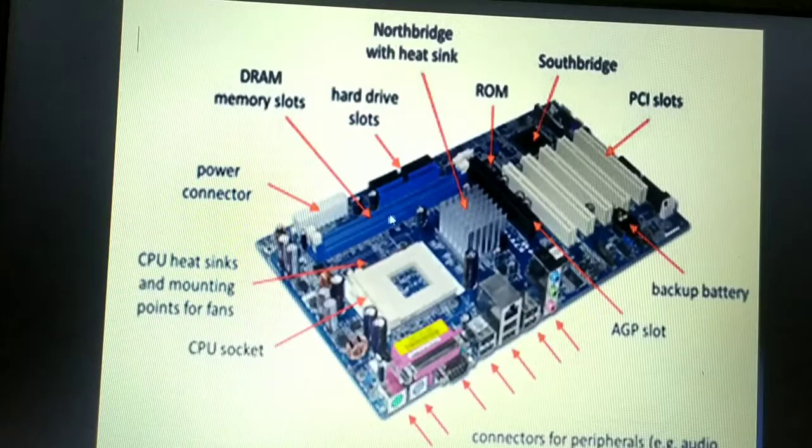But here in our ATX we are using the double data rate random access memory. Here it is given as DRAM. Actually it's double data rate memory slots, where the data transfer happens on both the rising edge as well as the falling edge. And then hard disk drive slots, that is the primary and the secondary IDE hard disk drive. Any external hard disk I want, I'm able to connect through the IDE ports.